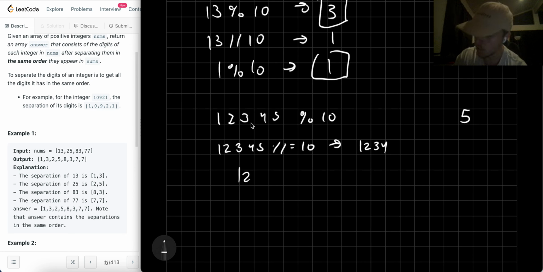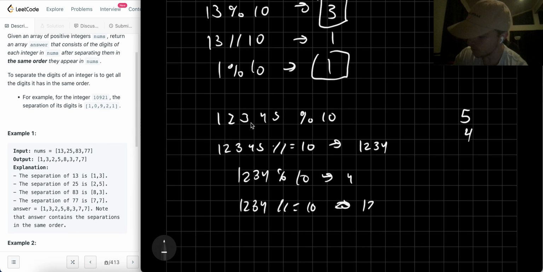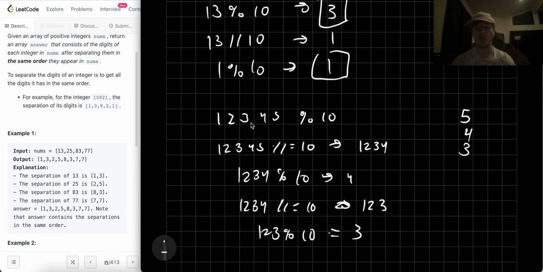So then if I take 1,234 and mod it by 10, I get 4. And if I do that again, 1,234 floor divide by 10, I get 123. So if I took 123 and modded it by 10, I get 3. You notice how just by following through this process, I can get each of the individual digits